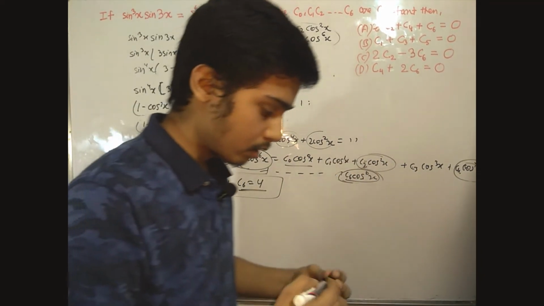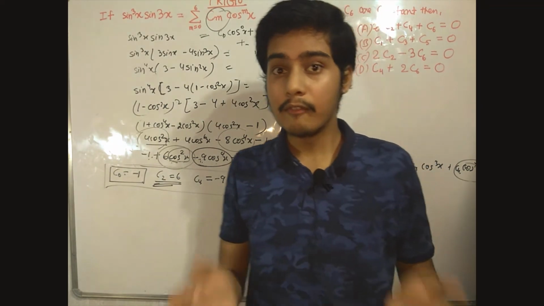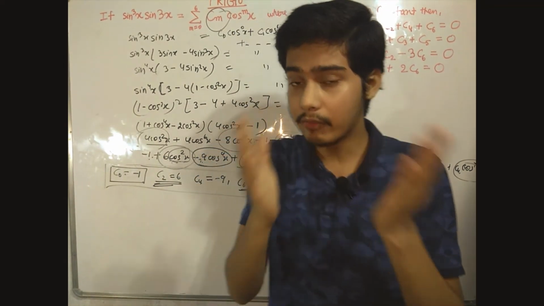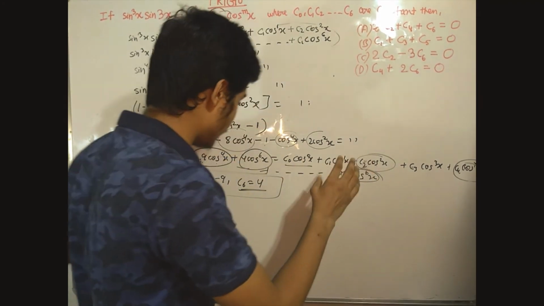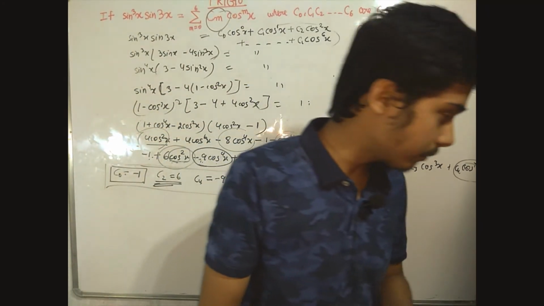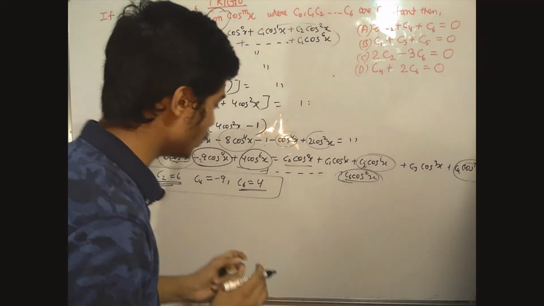So we'll get 4 values from this LHS and RHS from this equation. Now let me repeat. The summary is, we'll get the values of the coefficients from this last step, from this last equation. Now again, let's see, what we'll do?